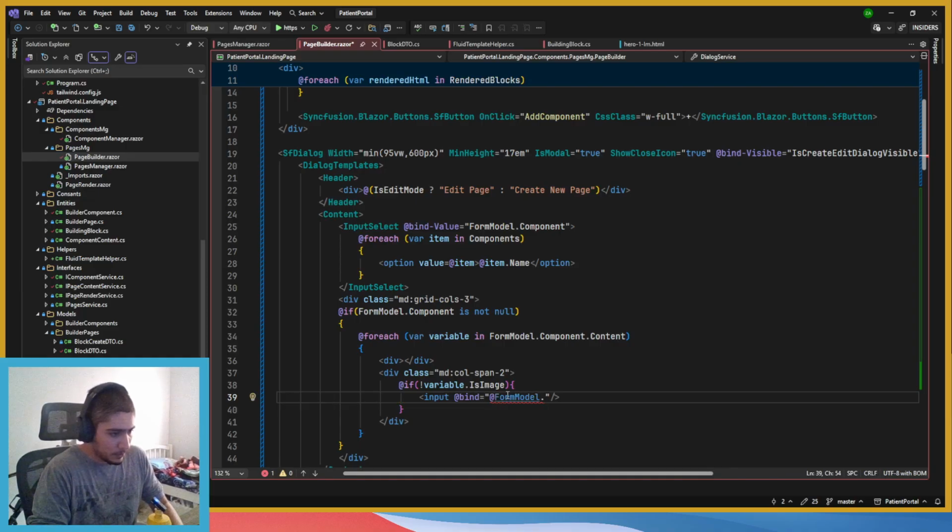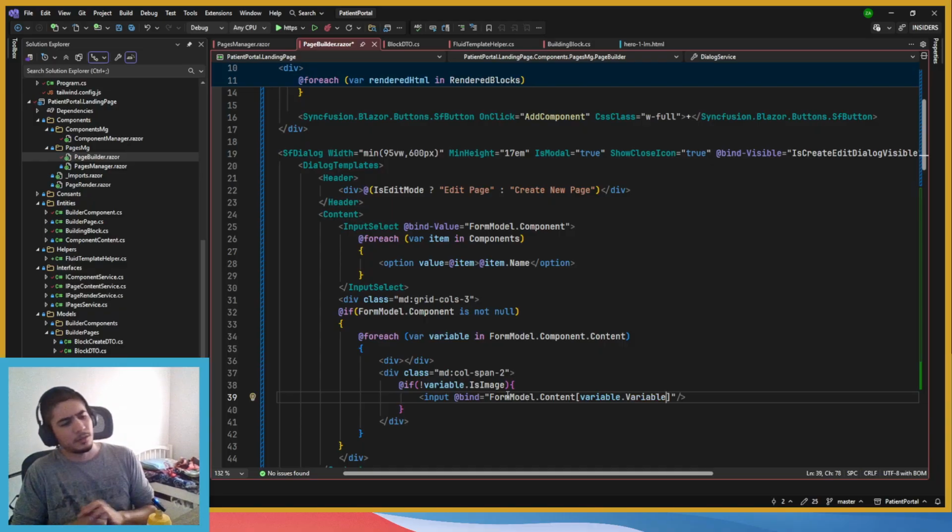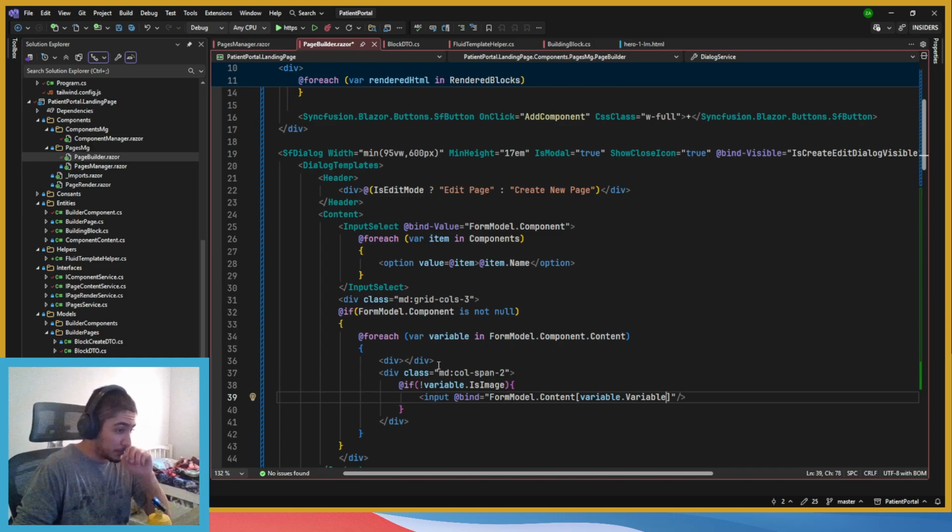Do I need to do it like this? Content, okay, yeah, nice. Variable dot variable. Hopefully this is how it goes.